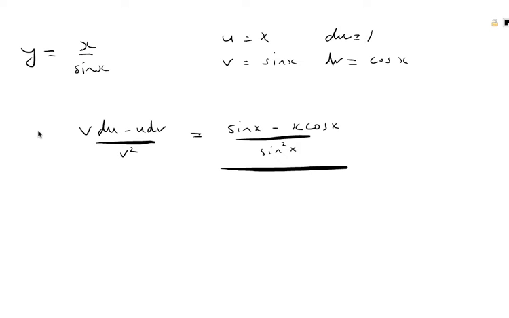So division, and x over sine x is what we're looking at here. We've got u on top, v on the bottom. So u is x, v is sine x, du will be 1, dv is cos x. This time it's v du minus, because division and subtraction,